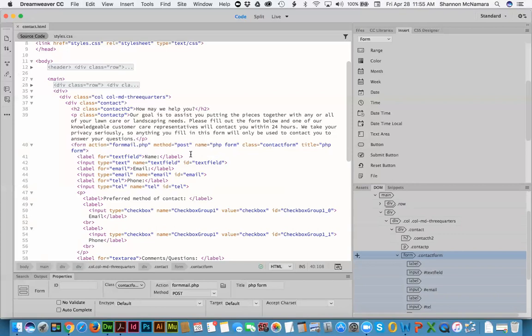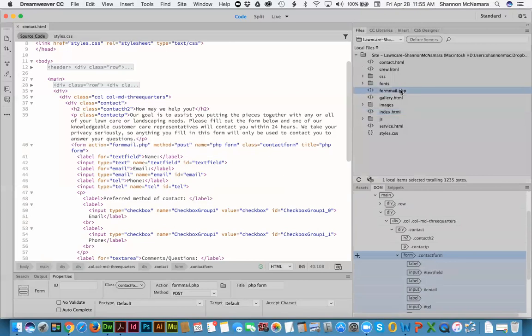So at this point, we need to open up that PHP file and do some changes to it. And you're going to get some errors when this happens, because in order for PHP to work, it needs to be running on your server. It doesn't run through the browser. So until you upload this entire site to the Adobe Business Catalyst server, the form is not going to work. But that doesn't mean that you can't change the code so it looks correct and it should work once you upload it. So double click on the formmail.php,